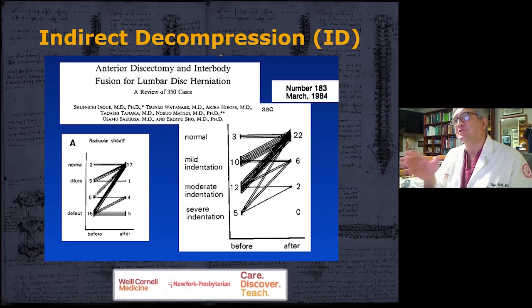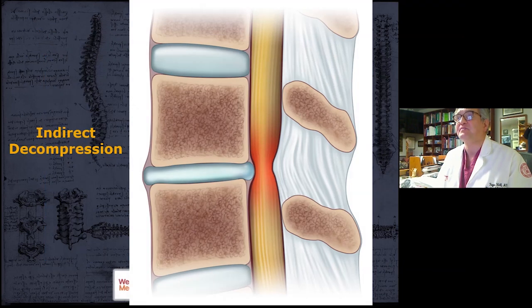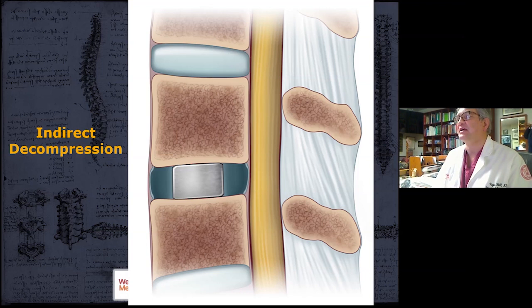I want to focus on indirect decompression, which is the third technique principle. It's nothing new. This was described in the 1980s already with ELIF surgery and myelograms here. This was a study out of Asia, but it's been translated now into the lateral approach, the lateral surgery. The idea is you put in a cage, you get indirect decompression, stretching of the ligaments, and you can